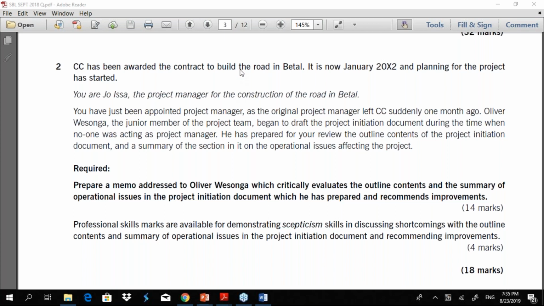So if you look at question number 2, it is based on project management area, technical area. So PID, what is a project initiation document?